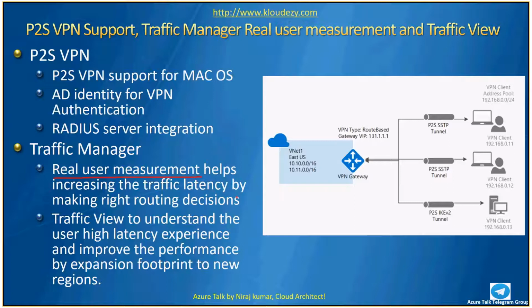So again, the additional feature we have is Traffic View. Generally you will have a traffic view, just go ahead and enable. It doesn't require any prerequisites, but the Real User Measurement requires a prerequisite: you need to download a code. It's a small JavaScript code that you put into your website. Generally we do it with a lot of analytics tools: you copy the code and put it in your header file, so that it is understood by the analytics tool, right?